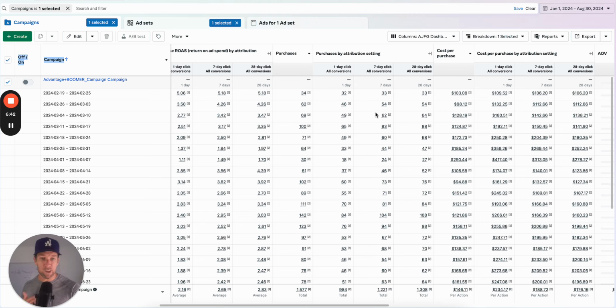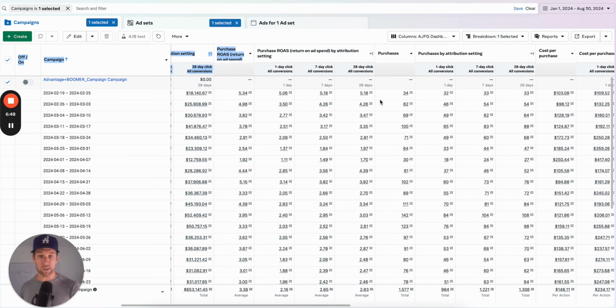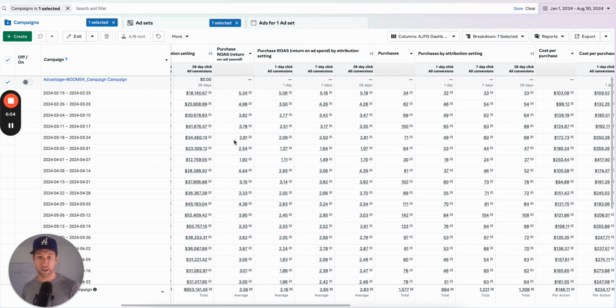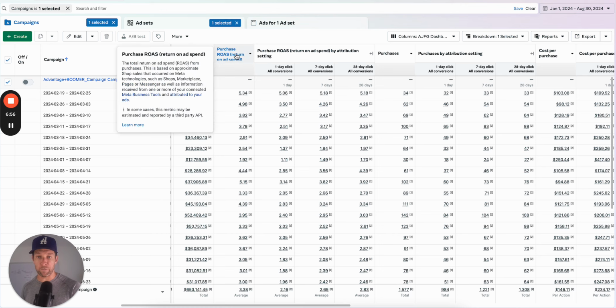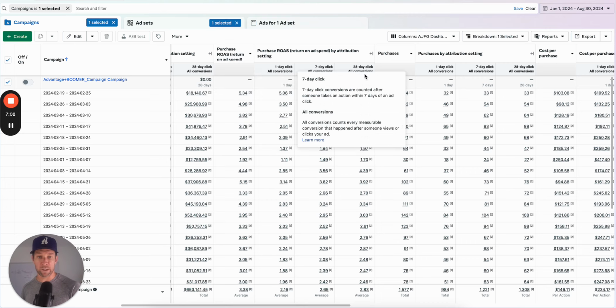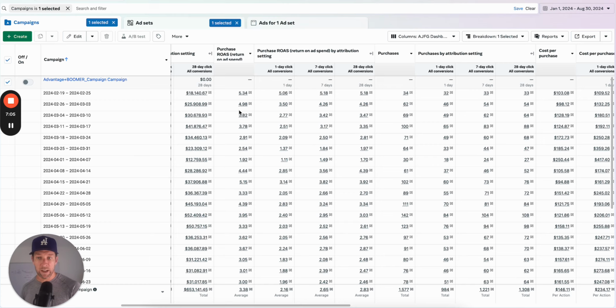Because in this case, if you see on this $500 AOV at this level of spend, what you've got is in a given week, let's just use the attribution setting that is the standard attribution for this campaign, which is 7-day click, 1-day view. So if I just have purchase ROAS over that time, what you see is I have split out here these other attribution settings, right? 1, 7, and 20-day click. But this is the standard setup. In this attribution setting, what you'll see,